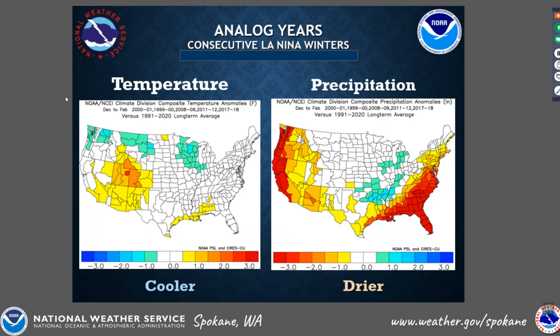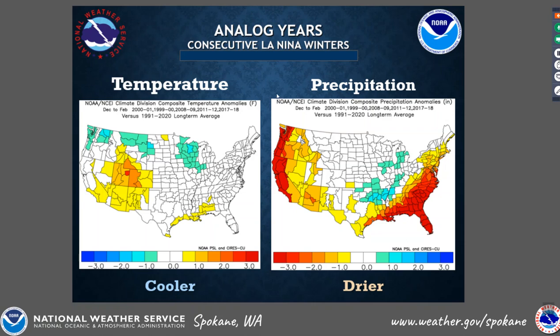So looking at some analog years of consecutive La Ninas. This is looking at the second La Nina winter when it's in a row. So in those years where the second La Nina occurred, what happened? Well, on the left-hand side is temperature, and you can see typically the temperatures have been at or below average for the winter months. The precipitation, though, has been